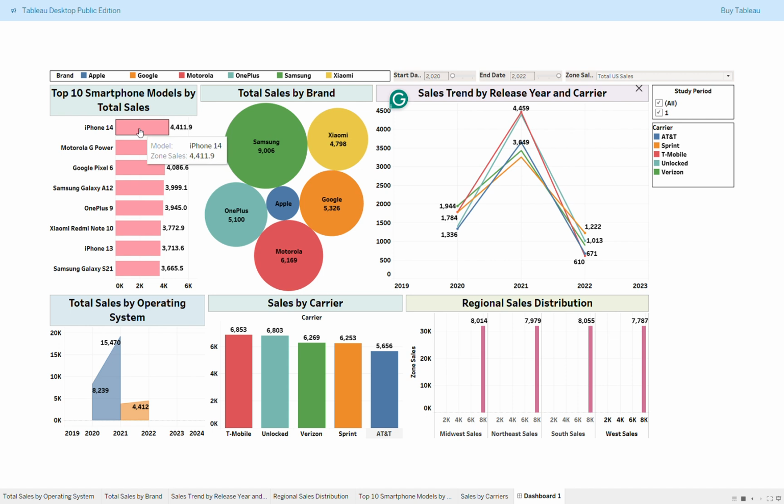You'll see the iPhone 14 leading the chart with over 4,400 units sold, followed by the Motorola G Power and Google Pixel 6. Notably, the Samsung Galaxy A12 and S21 also make the top list, reflecting Samsung's brand appeal